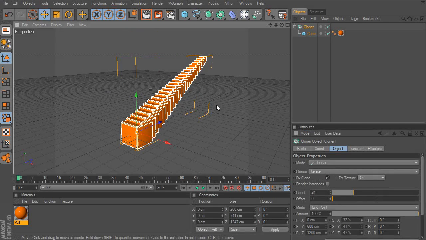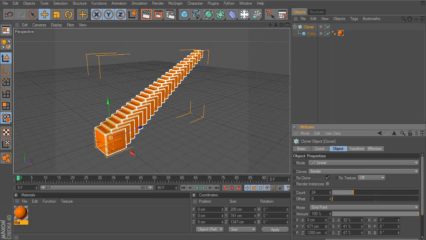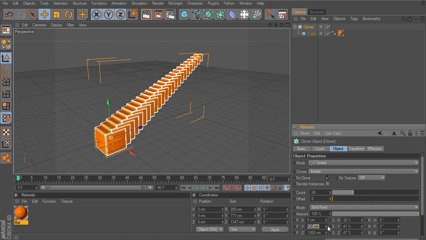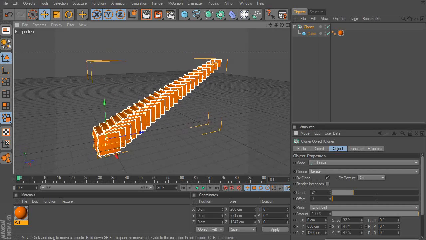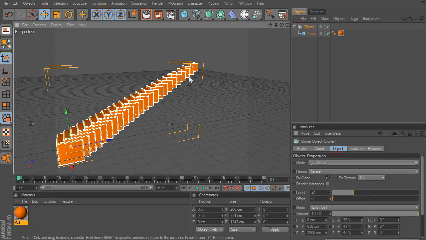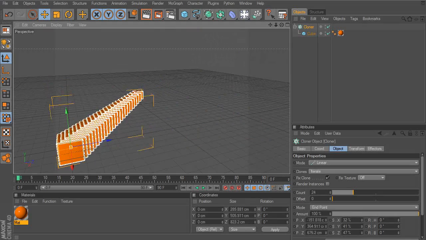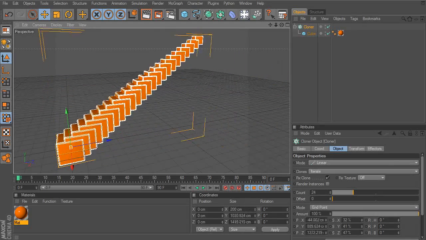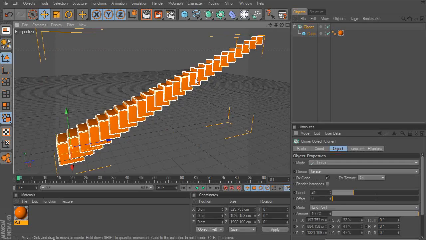And then finally, I just want to show you one little feature that you might find sort of useful in some situations. If we find ourselves in a situation where we don't necessarily want to have to come in here and use some of these sliders and spinners or type in a value, we actually have the ability to manipulate this cloner with a little bit more interactivity directly within the viewport. So if you look very, very closely, it might be a little bit difficult to see, but there's actually a little orange dot on either end or either corner of this cloner. Now what I could do is actually grab that and then move that a little bit more interactively, so now I can actually control things like the distance of these clones and start to, again, maybe stretch this and pull this up to a certain point in my scene